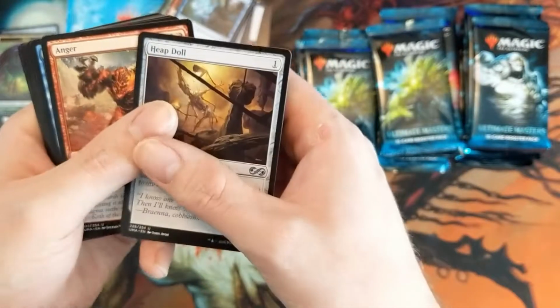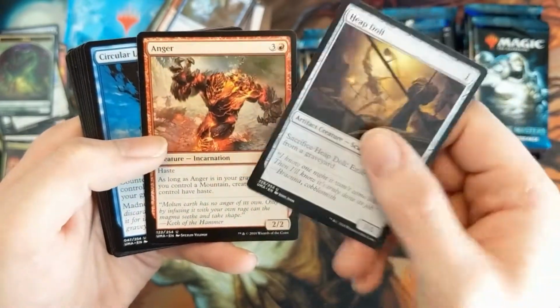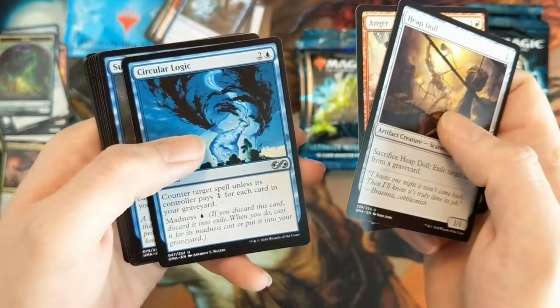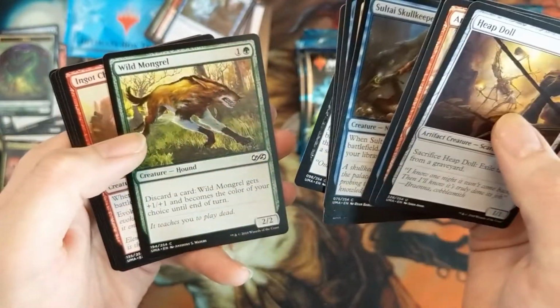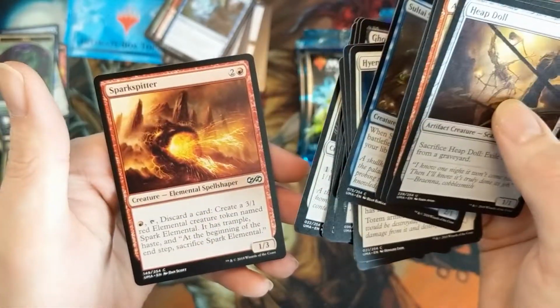Okay, Heap Doll. Anger's good. If I would draft it, I'd definitely want Anger in there, because I like to play aggro. Circular Logic, Sultai Skullkeeper, Goldcaller's Accomplice, Wild Mongrel, Ingot Chewer, Turn to Mist, Actionable, Spark Spitter. Yeah, okay. I think we've seen...